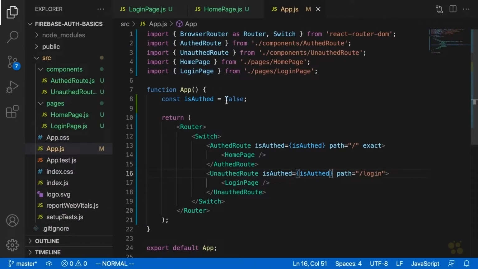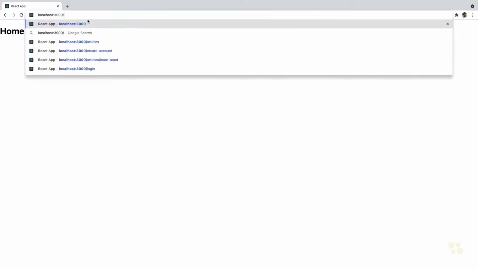Let's just go back here, and if we try and go to the home page now, what you'll see is that it doesn't let us. And likewise, if we change isAuthed to true, there we go, and I'm going to save it. What you'll see is that it won't let us go to the login page. It automatically redirects us to the home page. So that's how we create both auth-only and